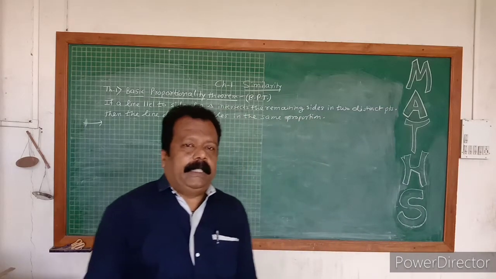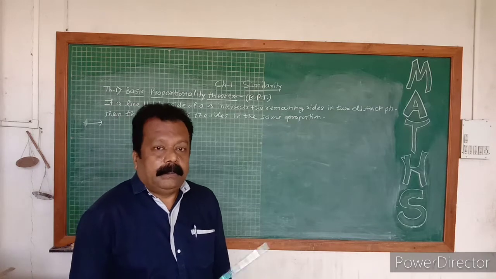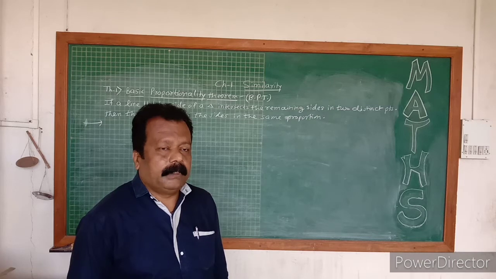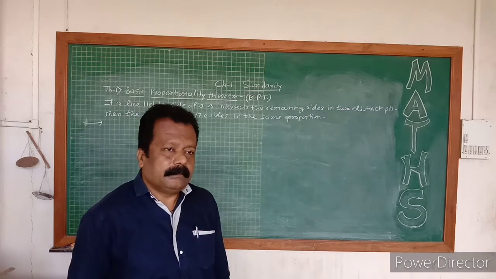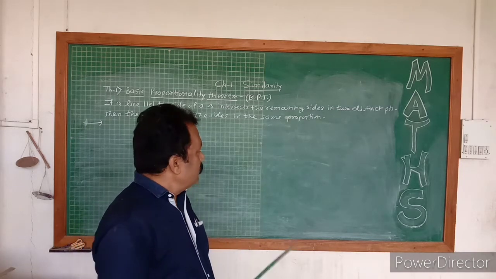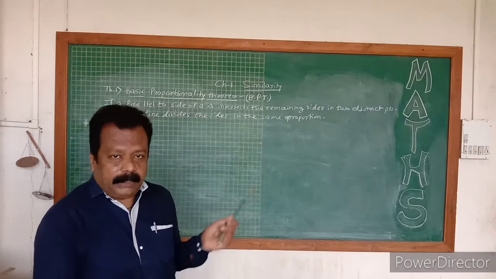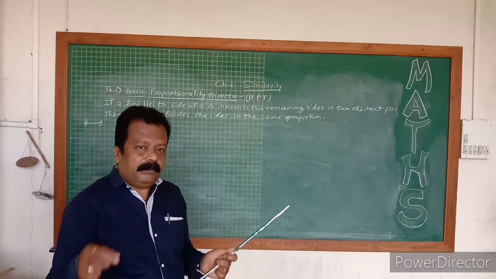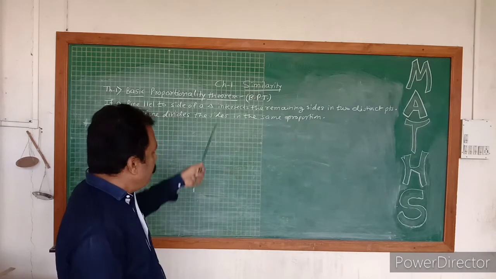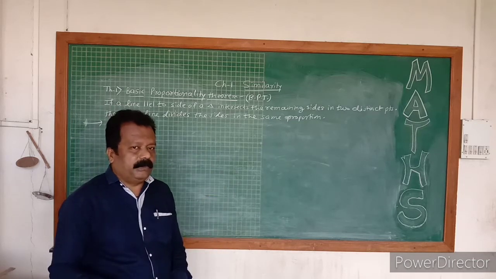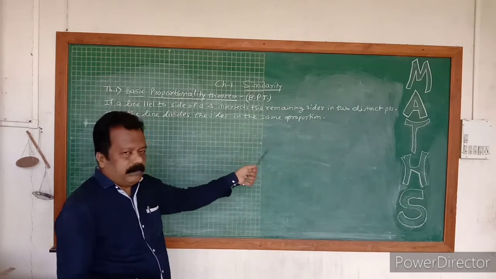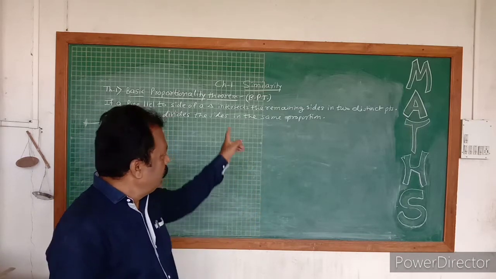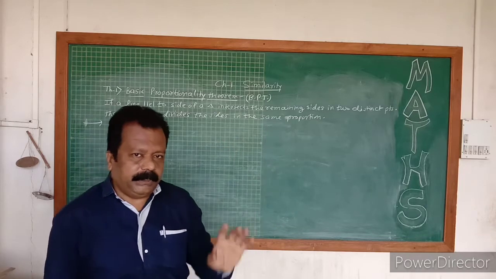While writing the proof of any theorem, read the statement carefully and afterwards, by practicing, learn that statement by heart, because then we can identify which type of statement and which type of theorem it is. According to the theorem, you must know that statement. BPT means what? Basic proportionality theorem. Which statement we are using, you must learn that. By our technique also we can keep it in mind.